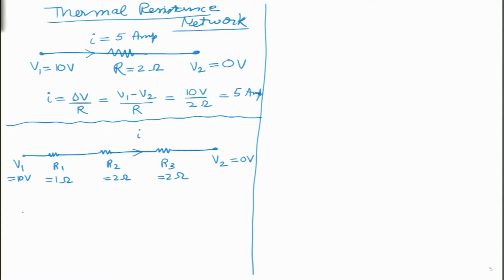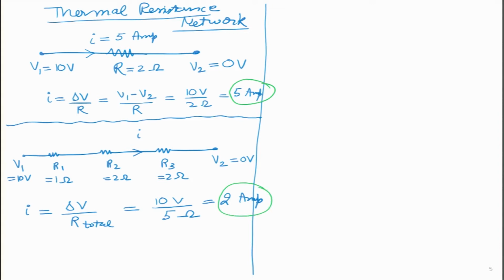So, again for calculating this current, now it will be the delta V divided by the total electrical resistance. So, in this particular case our numerator is 10 volts and the denominator turns out to be 5 ohms. So, here we will get the answer as 2 amperes. So, if we compare these two numbers over here, on the top high current is flowing through the wire, now low current is flowing, because as the name suggests we have increased the resistance. Earlier in the wire there was only 2 ohms of resistance, now we have increased it to 5 ohms.